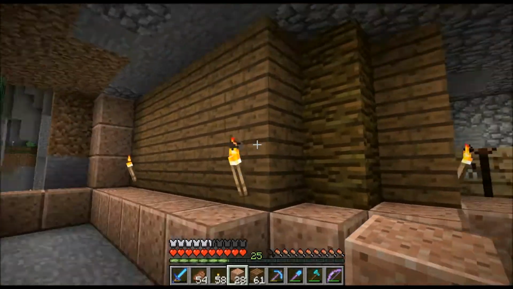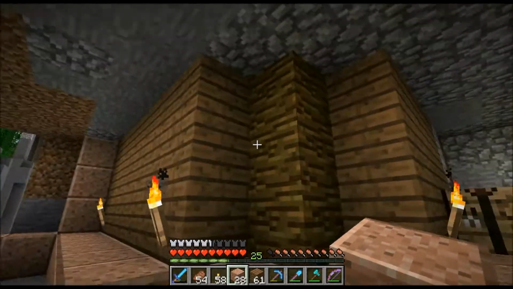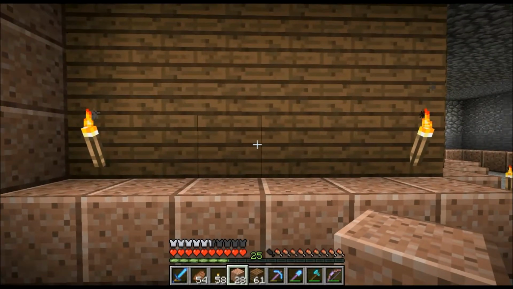I don't know what I want to do with the ceiling yet, so I'm kind of just leaving it blank for now. But all this walling in here, I'm going to throw a little bit of jungle in where I can. I got some in my inventory. And to be honest, I think